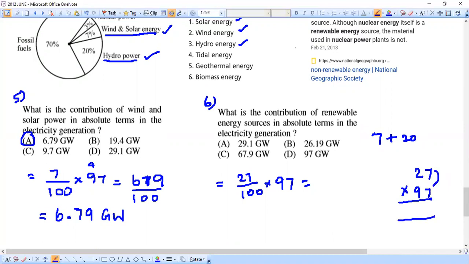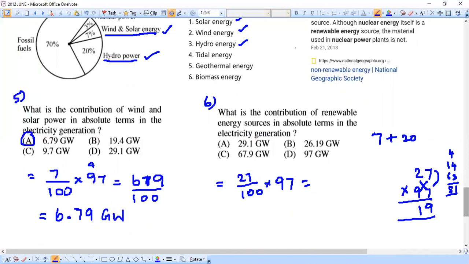First, 7 sevens are 49. So put 9, and 4 is the carryover. I'll put the 4 here. Next, I'll make a cross here. That is 2 sevens are 14 and 9 sevens are 63, along with that 4 carryover. When I add it, I will be getting 81. So I put 1 here and my 8 will be the new carryover.